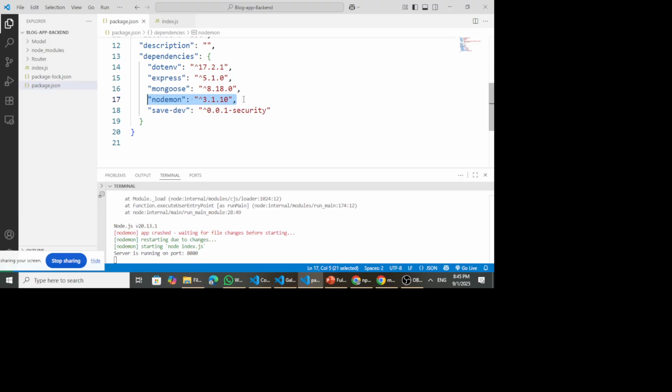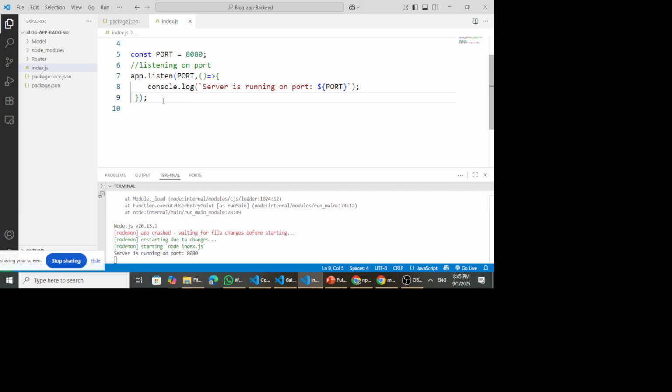Otherwise, if it was not because of this dependency, then every time you make some small changes in your files, you'll have to go back to your console again and again and start npm run dev every other time, and that is going to delay you and is going to be a bit boring. All right,